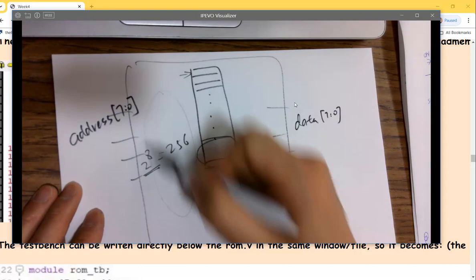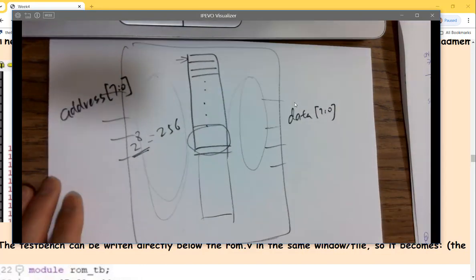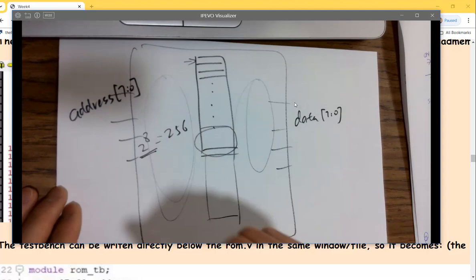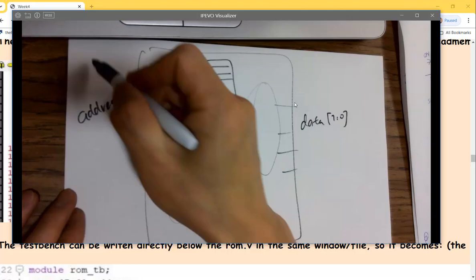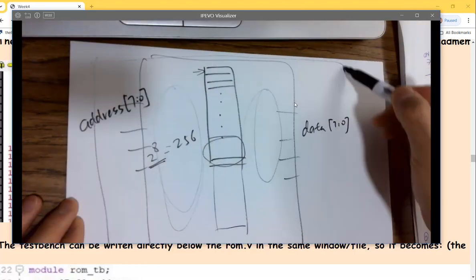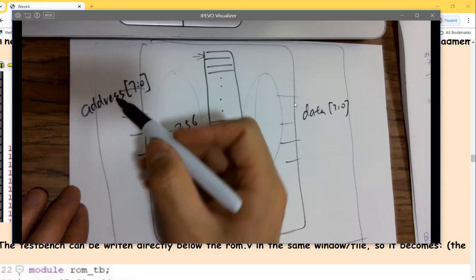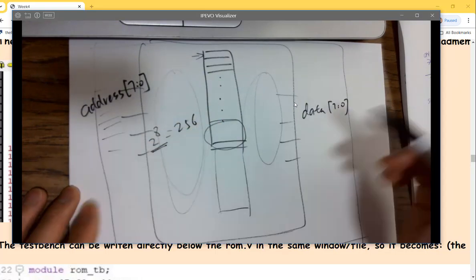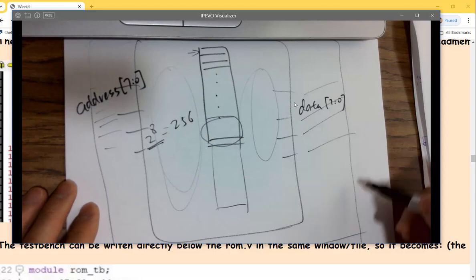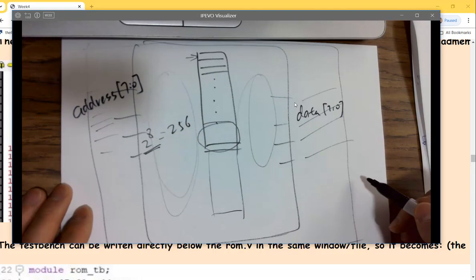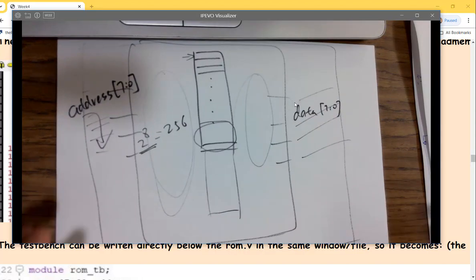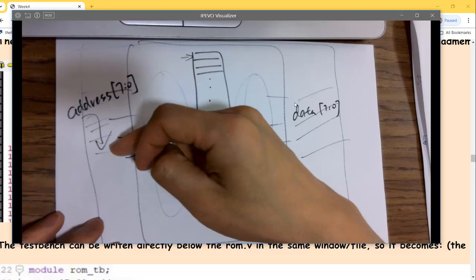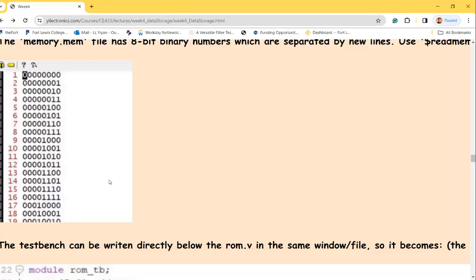So these are a bunch of digital circuits in there created by the ROM module. If you need to create a test bench, what you want to look at for this ROM is to cycle through all the addresses and then output the data to the output and look at it in the monitor. So I have to create a test bench that is able to cycle through all the addresses to see it. You can use a for loop in there to do the job, to cycle through all the addresses, right? That's why you need a for loop over here